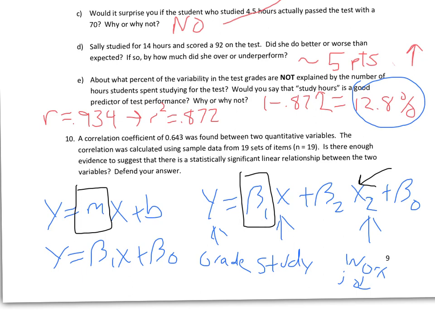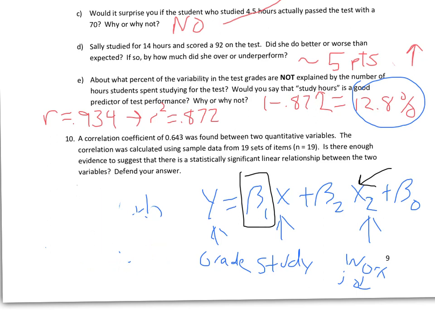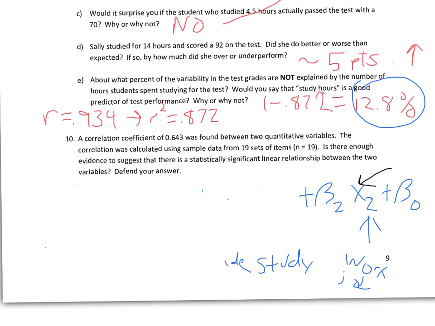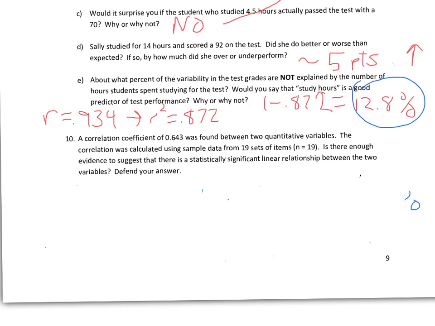So I'm going to erase this now, okay, just because I need some more space, and I'm actually at the end of my form here. And then question number 10. Okay? So question number 10, I have a correlation, and I say, is it significant? And most of you guys got this wrong. You said that it's only based on 19, so no, it's not significant. But what I was getting at this point was to realize you have to actually test its significance. So a correlation of